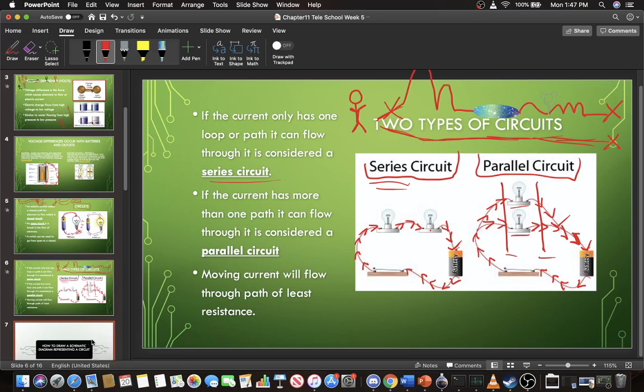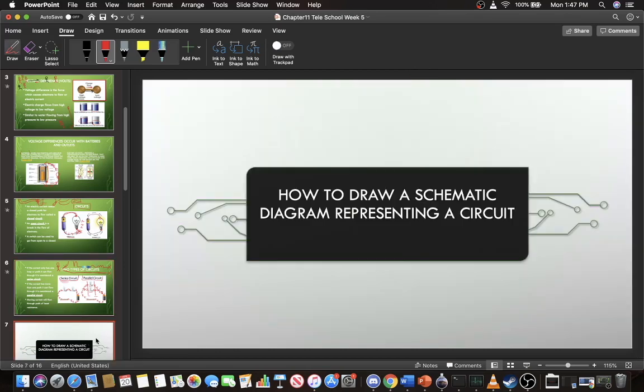So let's talk about how to draw a schematic diagram representing a circuit. As we were shown before, most of these pathways are going to have your battery. Here's the negative side, here's the positive side, and the light bulb. They're both going to be connected. There's going to be two wires connecting the battery to the light bulb. And remember, when you